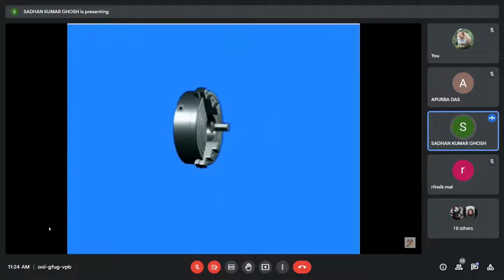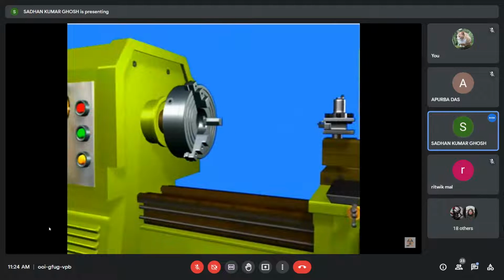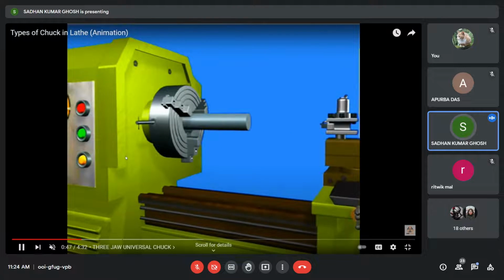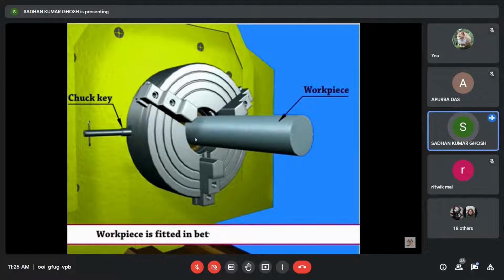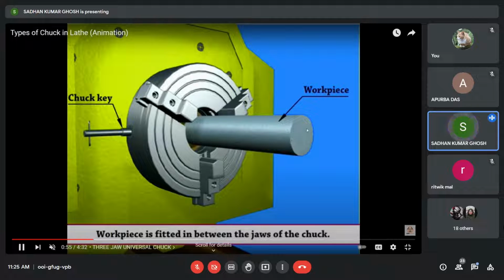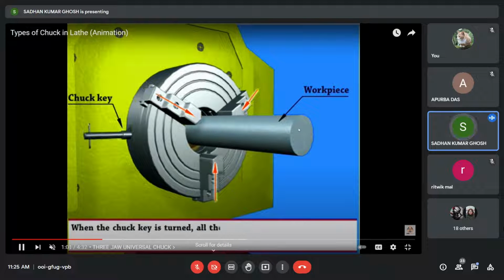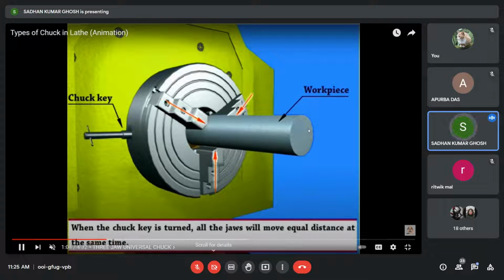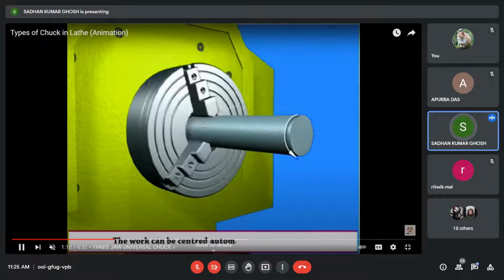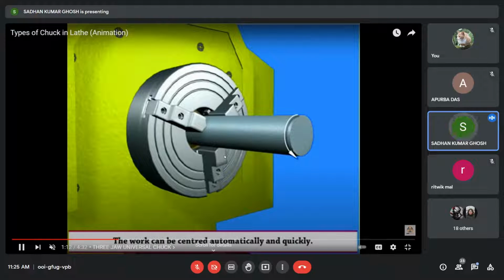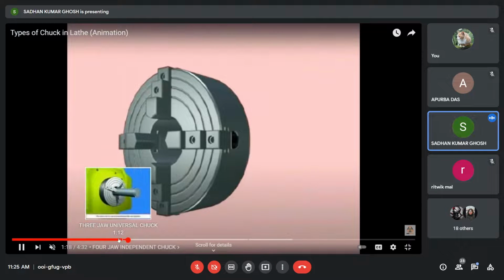Yeah. And now it is assembled, and this is the lathe with the help of which the chuck is now fitted. Okay, and you fix the job. So somebody was telling about facing. So you know that this is the face of the job, and if there are undulations, what you can do is fix the job like this. You are fixing with these jaws, and then start rotating the job and use the tool.